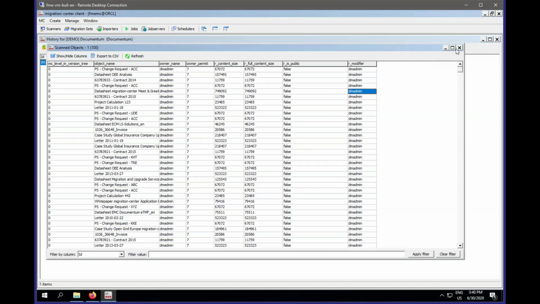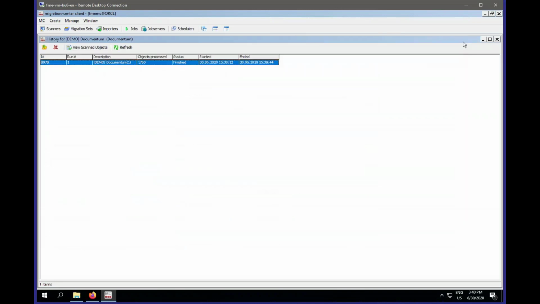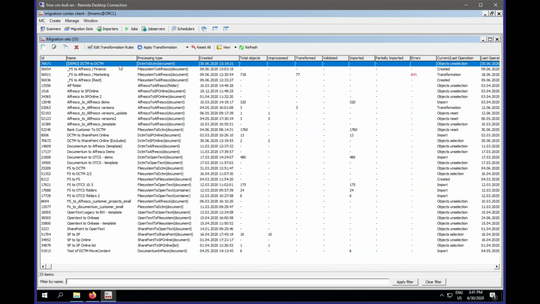Okay, at this point, we have scanned the data. It is now inside Migration Center in the database and on the content store. So I close the scanner region completely, and then we can go on with the migration sets. A migration set is basically a unit which includes a certain scope of documents. So you can put one file scan in one migration set, and then that set gets transformation rules. But you can also divide different file scans into different migration sets,